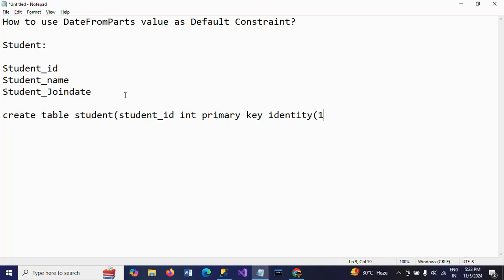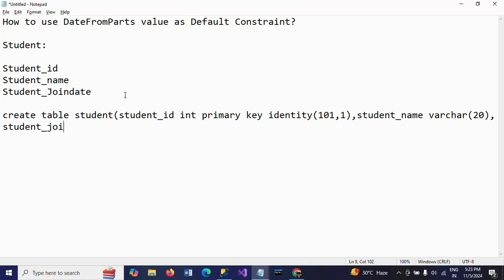Identity (101, 1). So the next column is student name. Student name, varchar(20). So the next column is